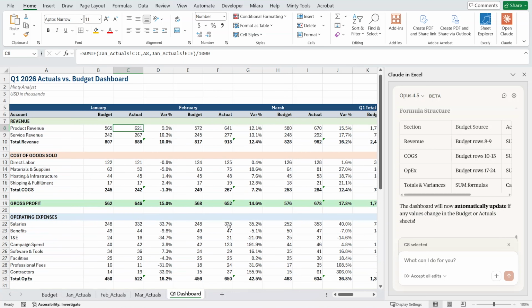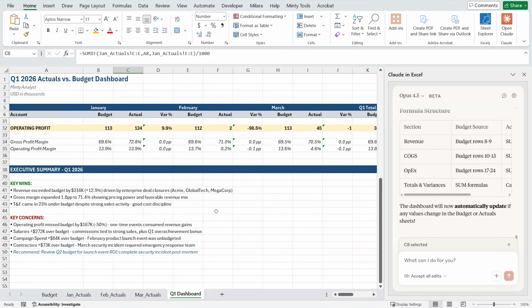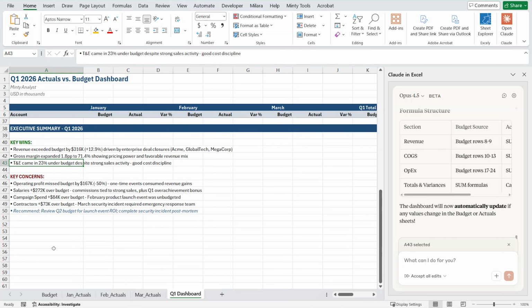So revenue exceeded budget. Okay, it did. That's true. Enterprise deal closures, Acme, Global Tech, Megacorp. Gross margin expanded 1.8 percentage points to 71.4%, showing pricing power and favorable revenue mix. T&E came in 20% under budget despite strong sales activity, good cost discipline. This is amazing. Come on. This is just amazing. Even if those are not fully correct, because this actually doesn't tell you why T&E was lower, it sounds good. It sounds professional, and I really think this is a great